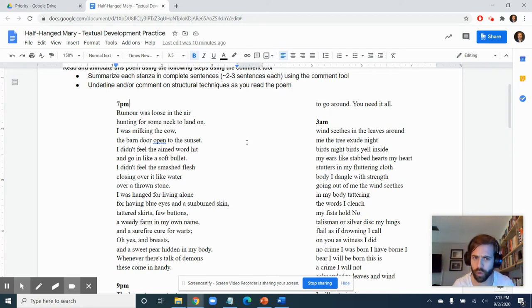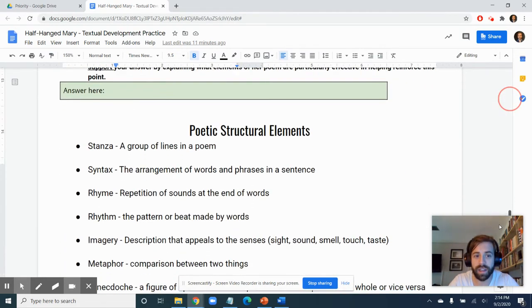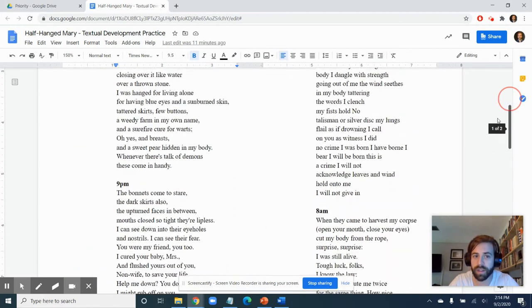Okay, so pretty cryptic poetry, but I can already start to see some beautiful language that Atwood is using, but on first read, I may not be entirely sure what's going on. So usually my process for poetry is to read one stanza first, and then go back through and try to recognize some of the things that the poet might be doing. So I'm not going to start with my summary because I don't know if I entirely understand what the stanza is about, but I bet as I go through and try to identify some of these structural elements, it's going to help me out.